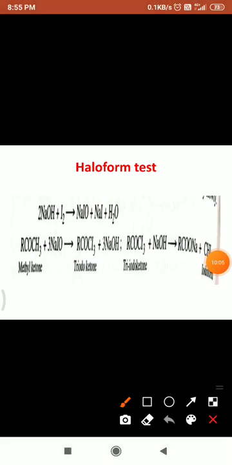For example, see here, as we are adding sodium hydroxide and iodine, first of all, when sodium hydroxide reacts with iodine, it forms sodium iodide, NaI, and NaIO. Then this NaIO reacts with the methyl ketones generally. First of all, sodium hydroxide reacts with iodine. It forms sodium iodide, NaI, and NaIO, and H2O. The formed NaIO reacts with the methyl ketones, and see here, it forms